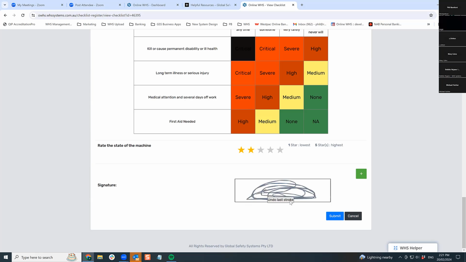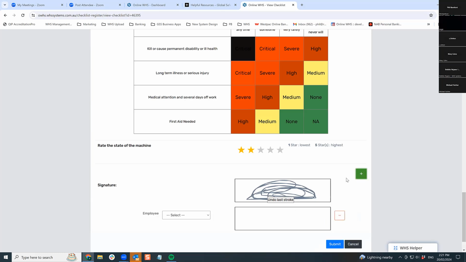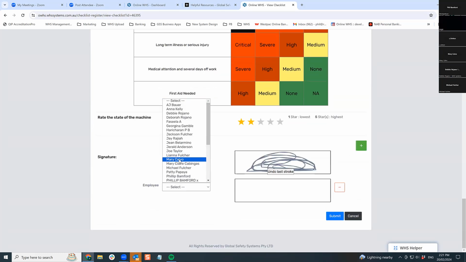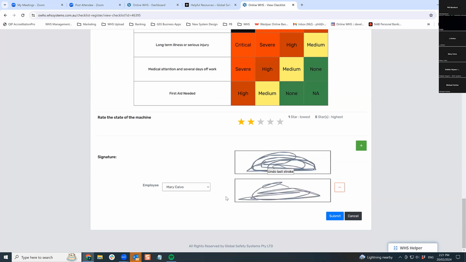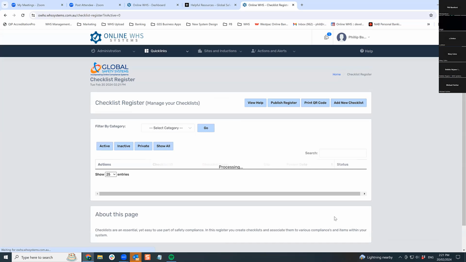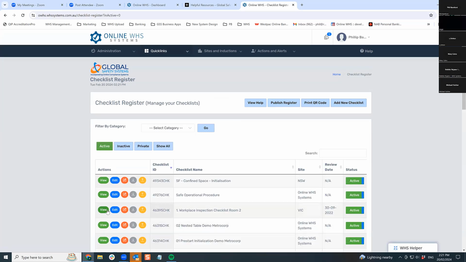This is picking up the person who is doing this checklist. But if you are going to do toolbox talks, you can select multiple people as well. Submit. That's done. So if I select view,